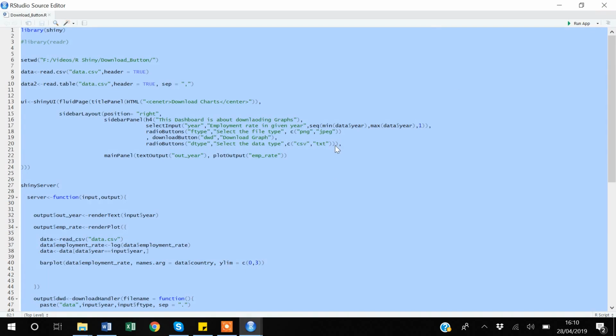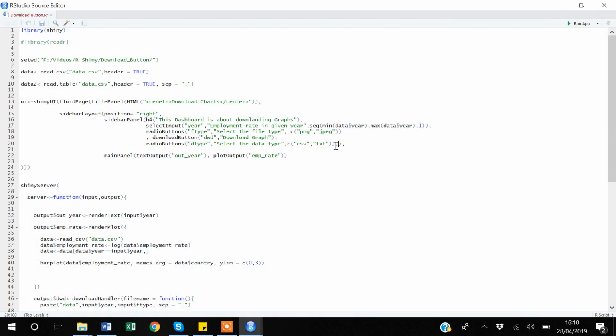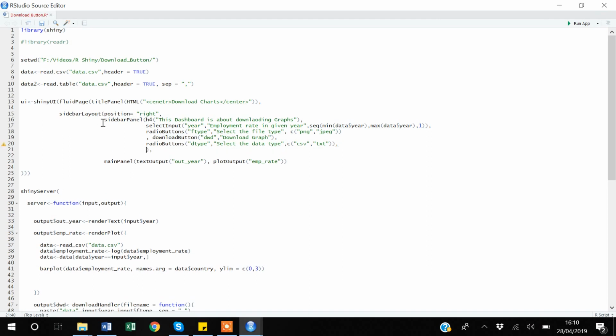So I think we can create that right now too. So I will be mentioning comma. As you can see, everything is written under the sidebar panel. So within the sidebar panel, I want to create another download button. Under the download button, the first thing we have to mention is the output ID. We haven't created an output ID for this download button, but I will call it, suppose, DWD data. So DWD means download underscore data, and after that I will be mentioning